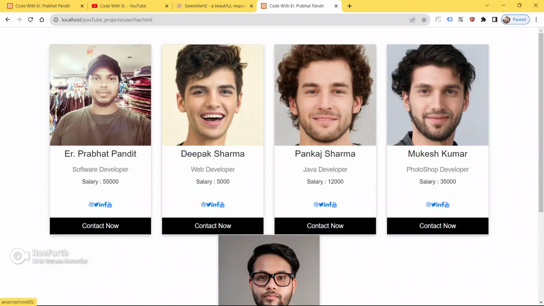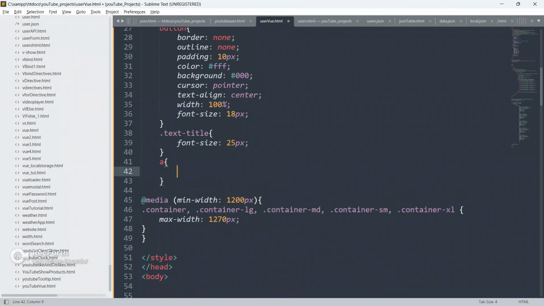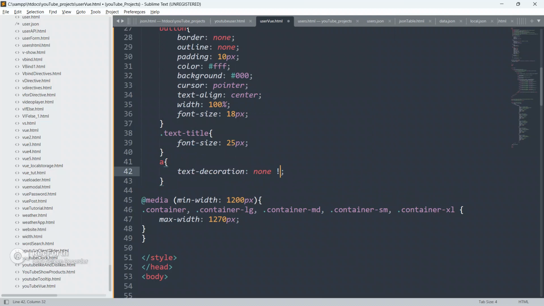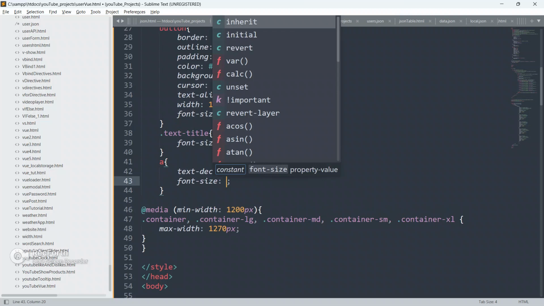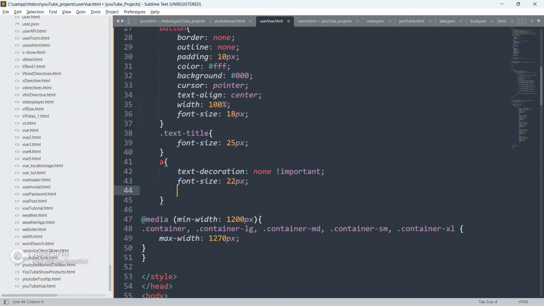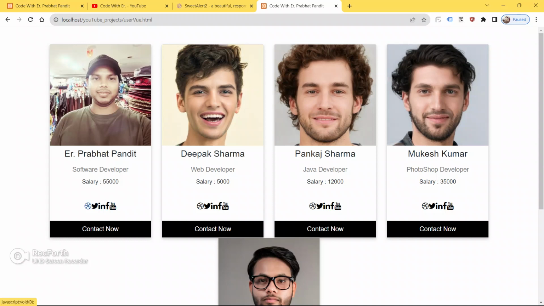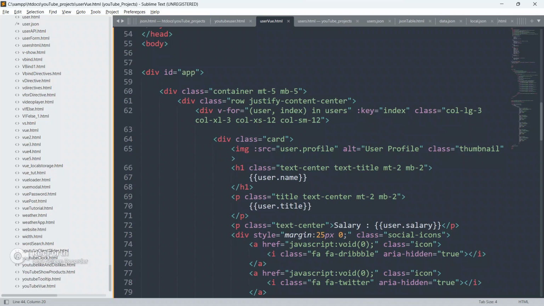So just go here, put a and give text decoration as none, give important also, and give font size as 22 px and give color as black only. Now refresh the page. As you can see here, we have got the icon here also.